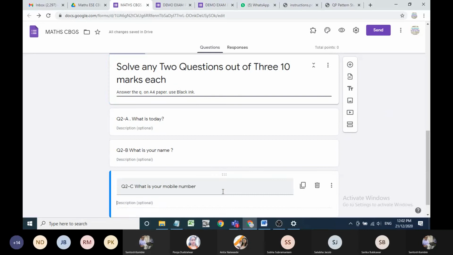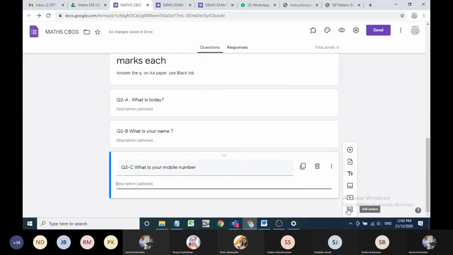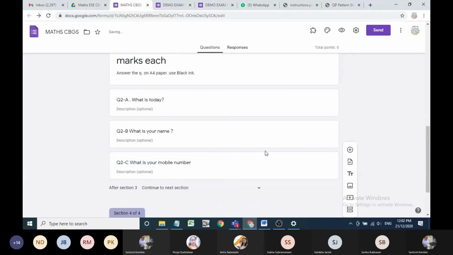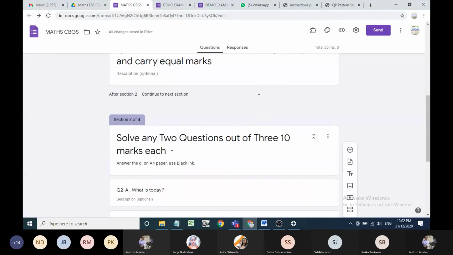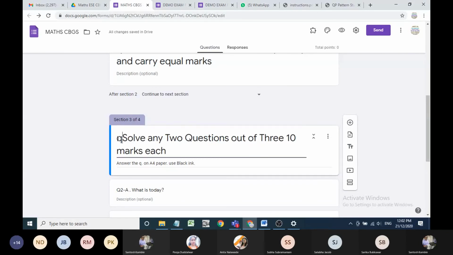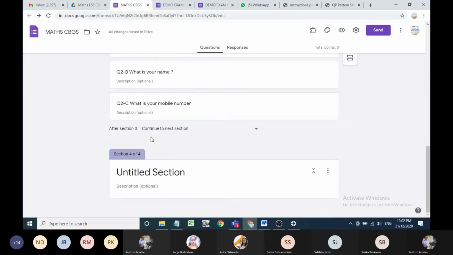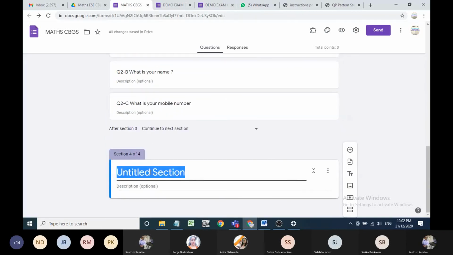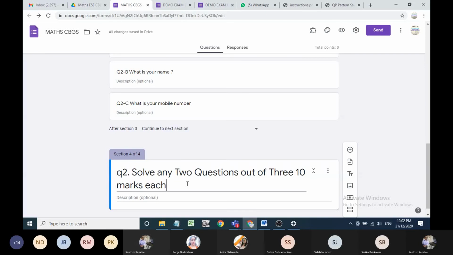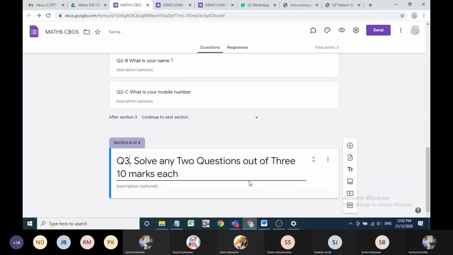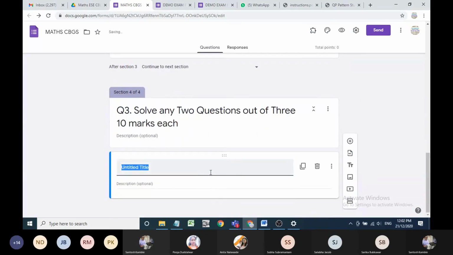Now again, question number 3. So question number 3 is same. Question 3. Solve any 2 questions out of the 3. And here you have to write down only questions without answer.